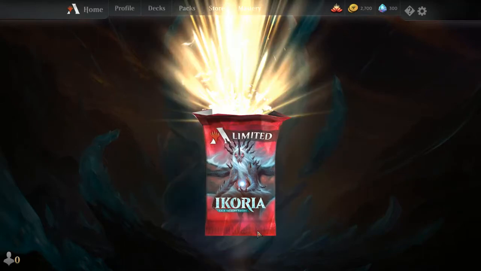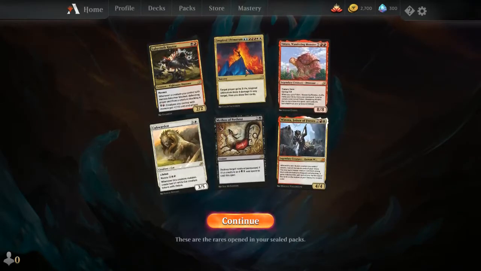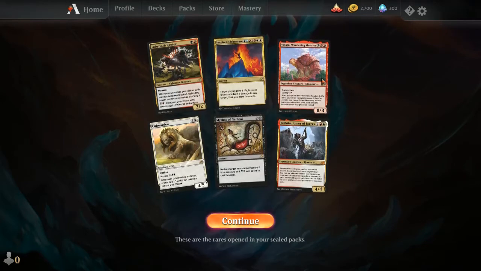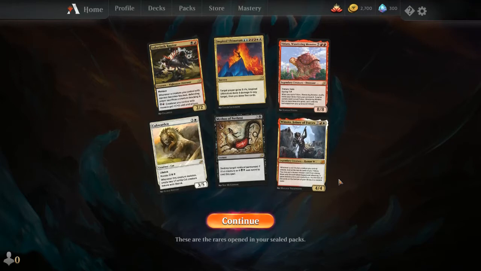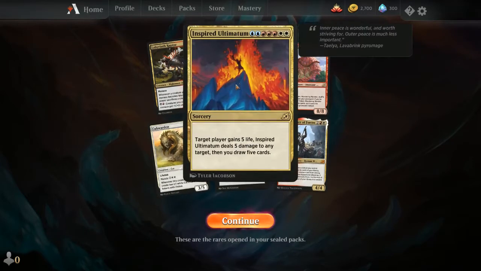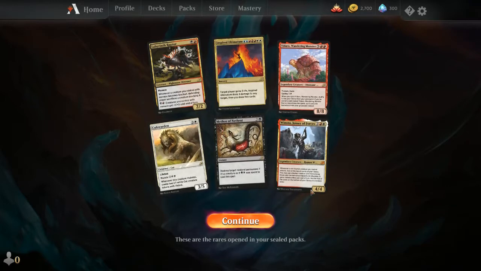In terms of rares, what would I like to see? This is my second Inspired Ultimatum, so not bad. There's a Yudaru, which is something very nice to cycle to. I guess, looks like Mardu's very open. This is nice, but let's see. Winota...